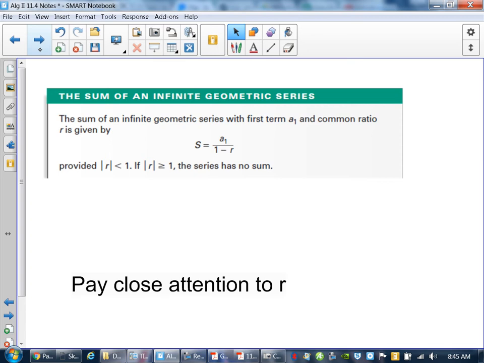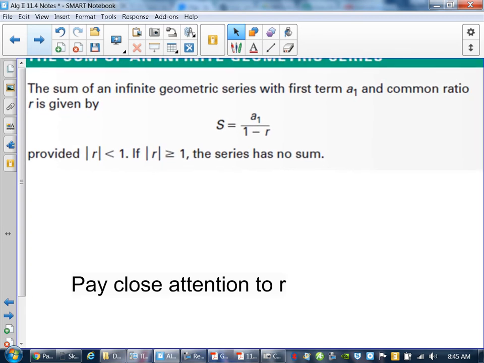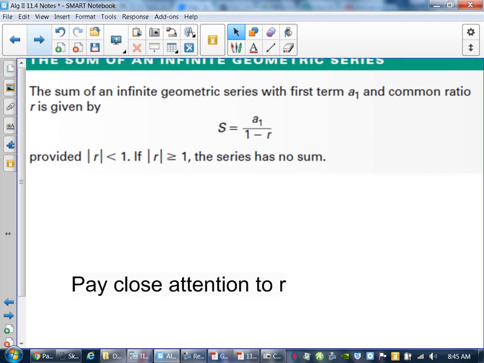Alright. Sum of an infinite geometric series. So yes, you can have the sum of an infinite geometric series, which seems weird. So what's happening here is that if you want to find the sum,